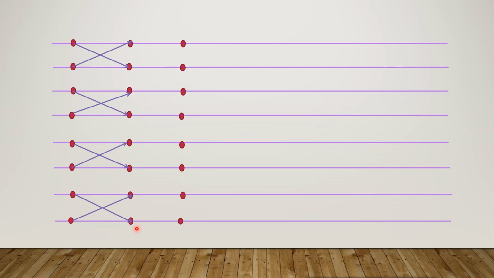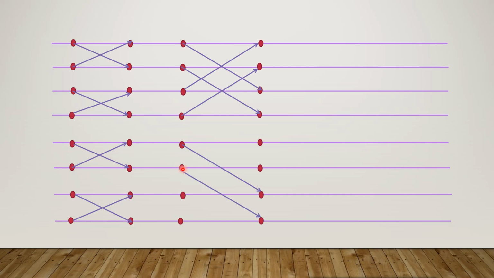In the second stage, 4 points together. So you connect the first point and the third, second and fourth, third and first, and again the fourth and second point. And again fifth and seventh, then sixth and eighth, seventh and fifth, eighth and sixth point together. Draw all the cross lines. And in the third stage, 8 points together.